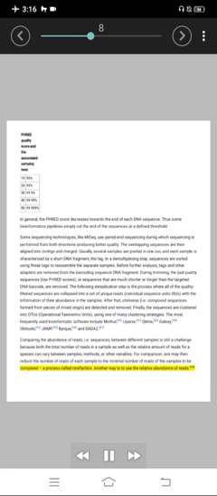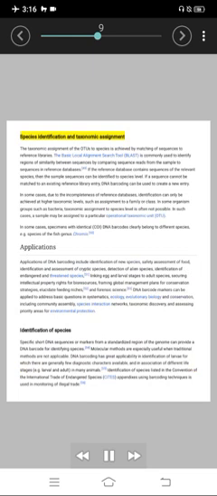Species identification and taxonomic assignment. The taxonomic assignment of the OTUs to species is achieved by matching of sequences to reference libraries. The Basic Local Alignment Search Tool, BLAST, is commonly used to identify regions of similarity between sequences by comparing sequence reads from a sample to sequences in reference databases. If the reference database contains sequences of the relevant species, then the sample sequences can be identified to species